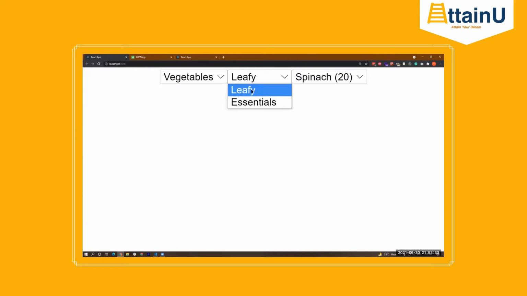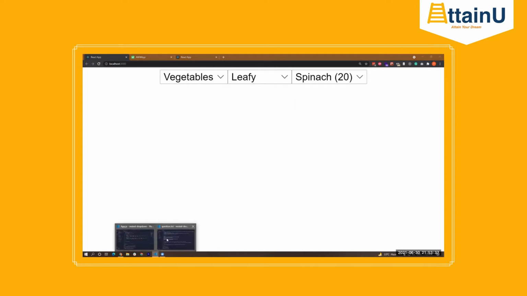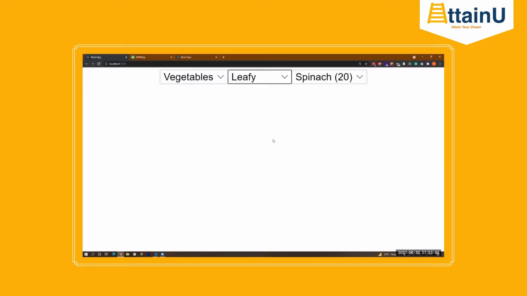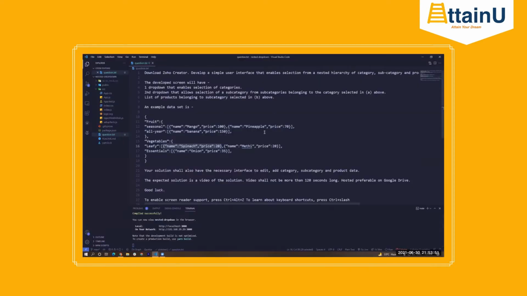Based on which one is selected, leafy or essentials, the third level, I should say, the item level, is populated accordingly. Spinach and methi. Essentials, it changes to only onion, like it is in the data structure here.